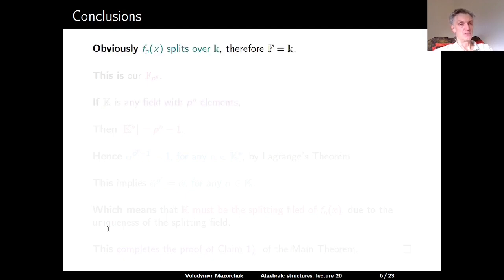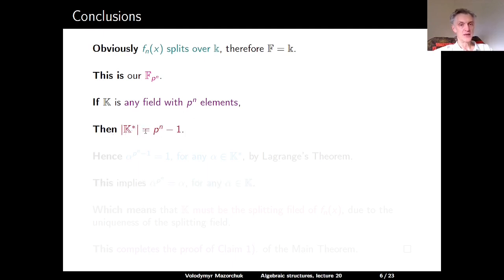So now, by definition, f_n(x) splits over K, and therefore the capital F should be equal to K. So we have now constructed our field capital F sub p to the power n with p to the power n elements. Now, if capital K is any field with p to the power n elements, then the cardinality of